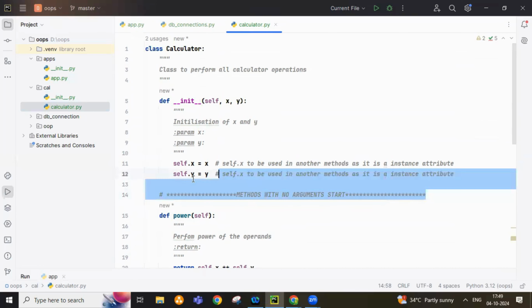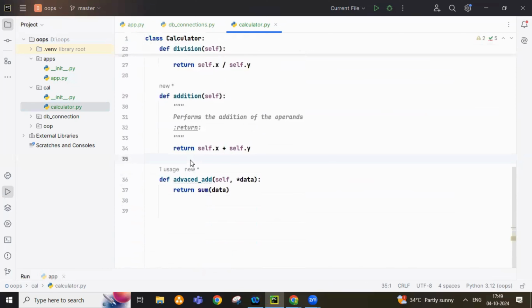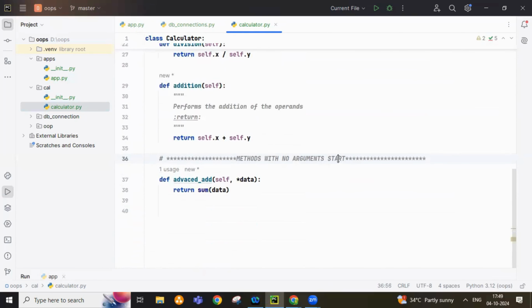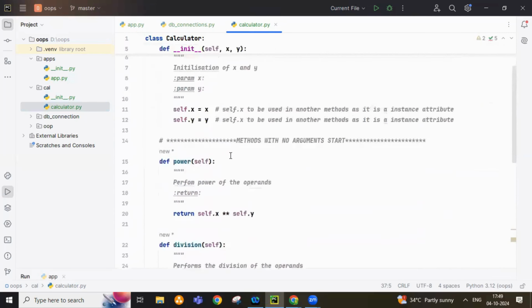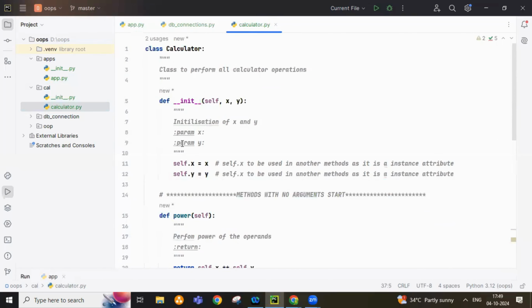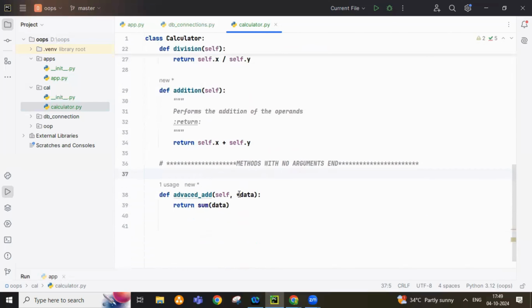Got it? Until where? Until here, right? And so at this point, until this point, what have we done? We were using the initialization values in these methods. Okay. Now